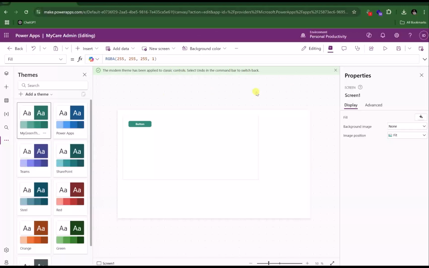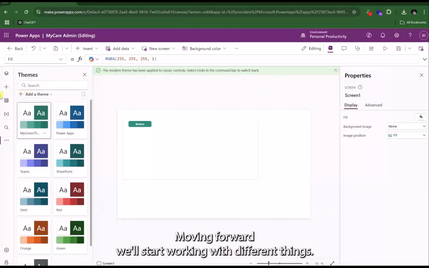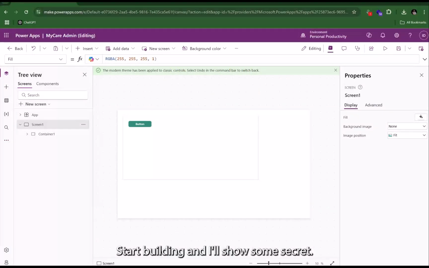All right, moving forward, we'll start working with different things, and we'll start building, and I'll show some secret